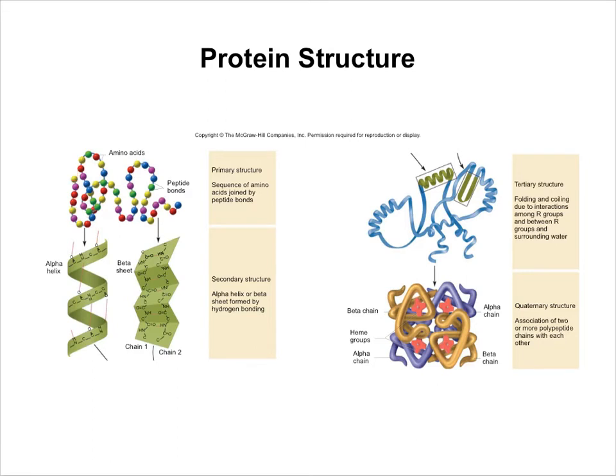This linear arrangement of the amino acids is what is eventually going to determine all of the other levels of structure. But by itself, this primary structure is determined by covalent bonds. What amino acid is bonded to what amino acid with covalent bonds? The secondary structure is where you have